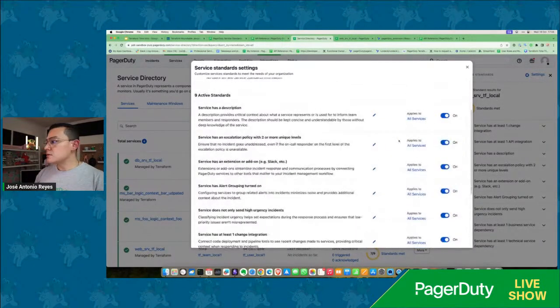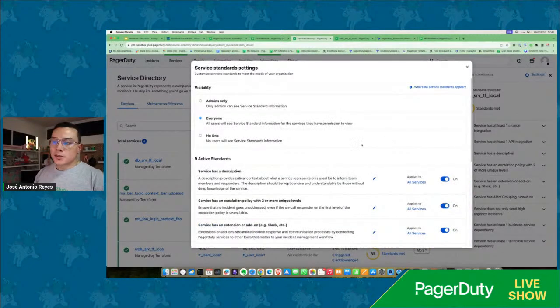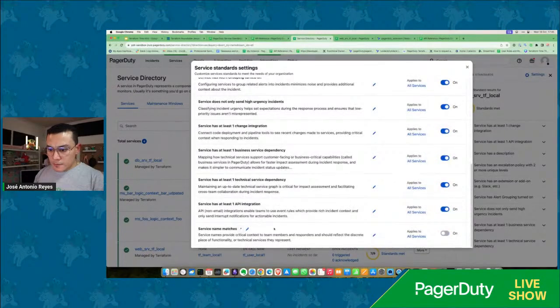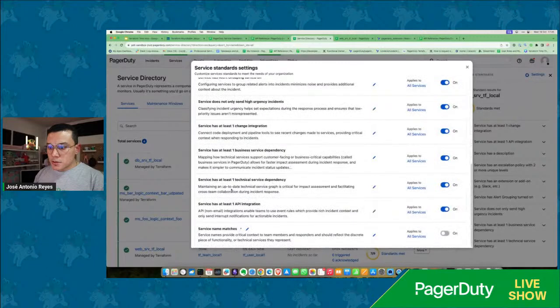Let's add the section to service has at least one change integration and one API integration. I'm going to add exclusions to those standards for that service. So for they were service description,